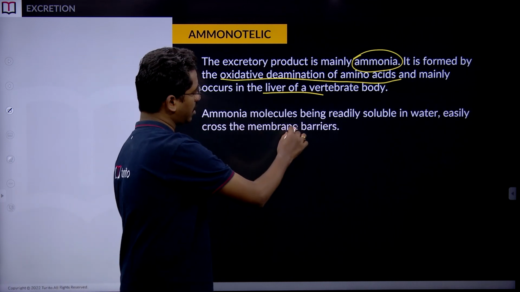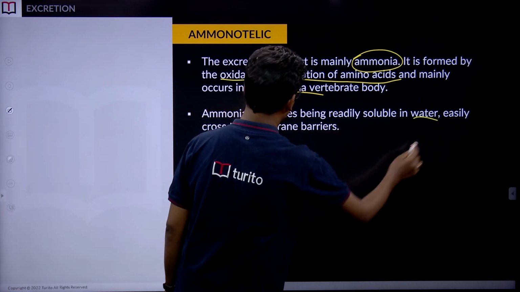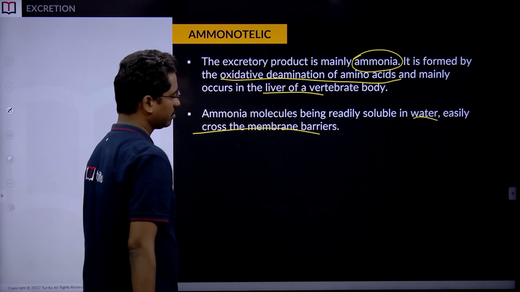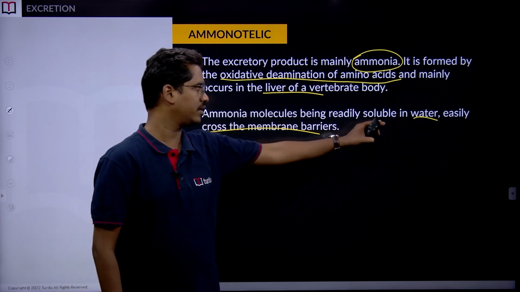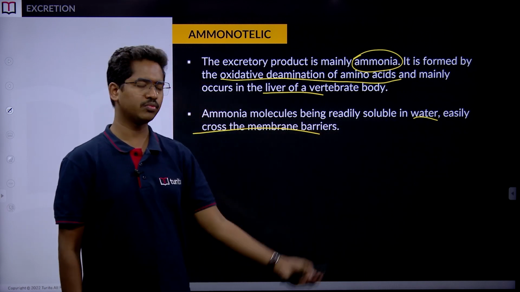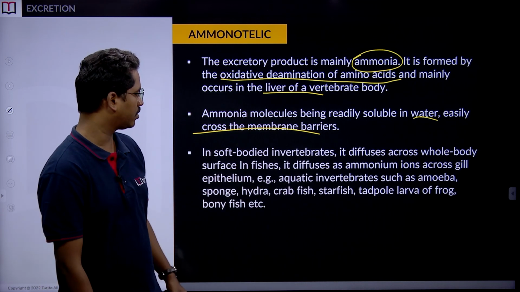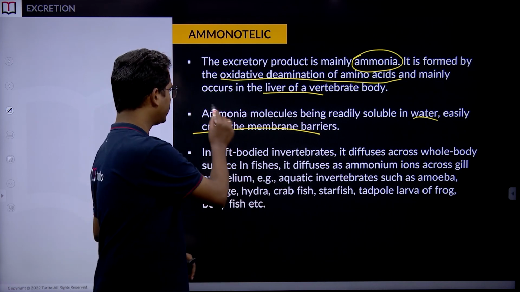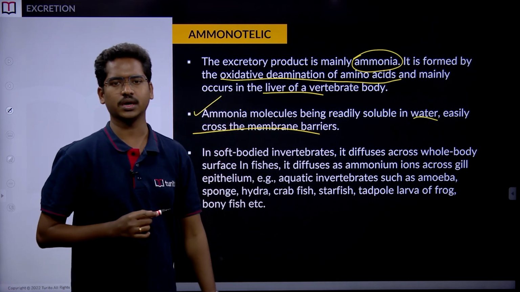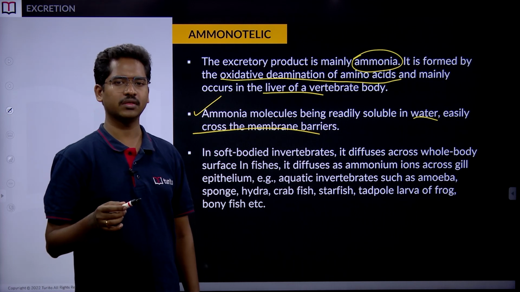Ammonia molecules, being readily soluble in water, easily cross the membrane. So, that is an advantage here. When they are easily soluble in water and readily move out of the membrane, then we would see that in soft bodied invertebrates, because of this character of ammonia to penetrate the membrane very easily and dissolve in the water very easily,